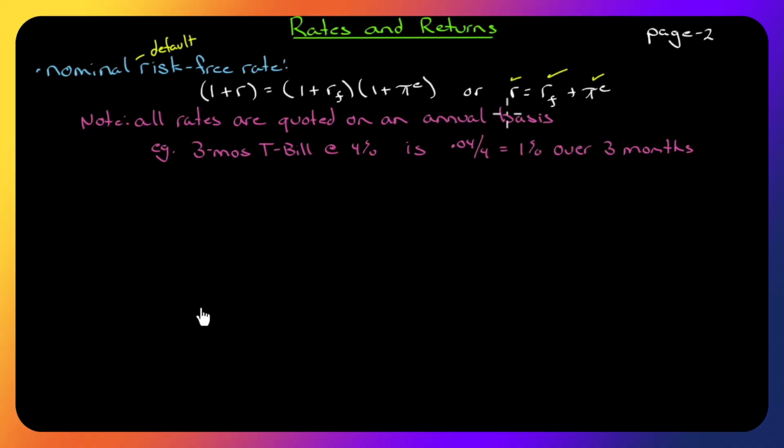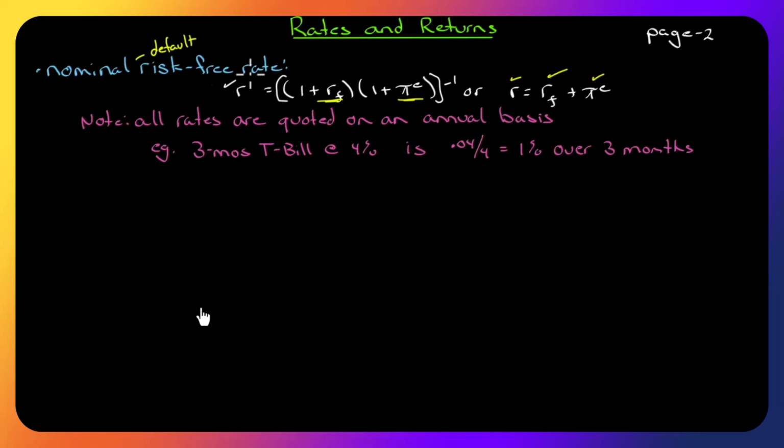Do I add them or do I multiply them? It will be clear. CFAI will state they should be multiplied, or they could be added. If you're multiplying them, it's 1 plus the default risk-free rate multiplied by 1 plus the inflation expectation, and that will give you 1 plus the interest rate. Another way of writing it is, I'll just do this on the fly. You can take this off of here, and if you put square brackets here and subtract 1, you can isolate